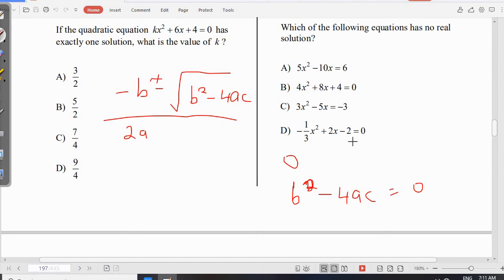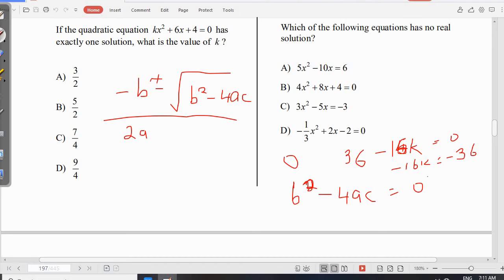What is b squared? That's 36, minus 4 times, what's a? A is k, so 4k. What is c there? C is 4. So we have 4 times 4, that's 16. We have 16k equal to 0. So let's move this to the other side. We have minus 16k equal to minus 36,